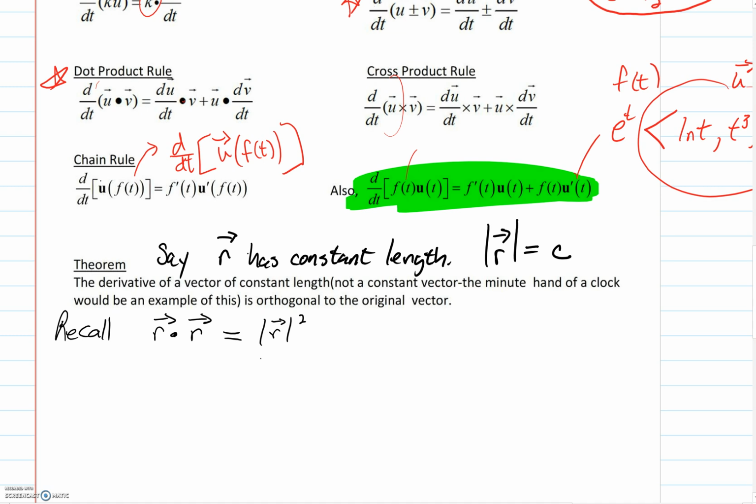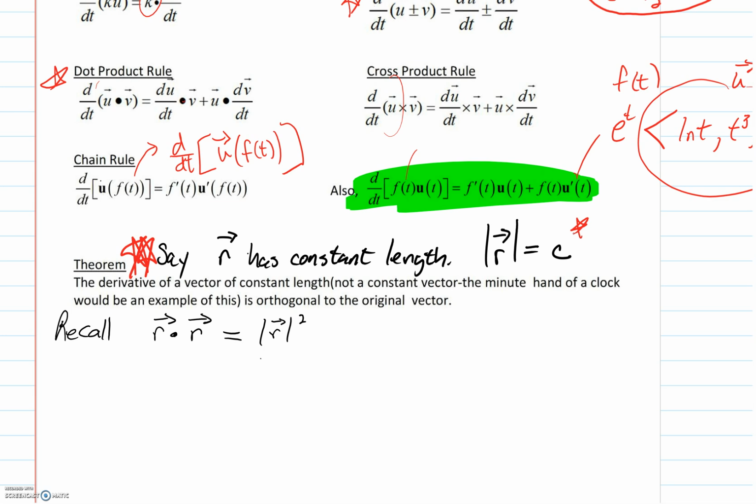For this next theorem, this is so very, very important to know that this caveat, the warning is, we are assuming that our vector r has constant length. It's got constant length. It's not going to get longer or shorter. And the length of it is just some number c. That's what we've got right here. So the derivative of a vector of a constant length,